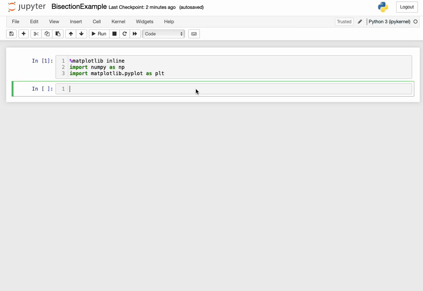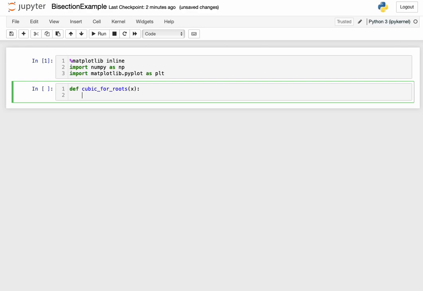Example of how to code up bisection. So we'll start by defining a function whose roots we're going to try and find. We'll define that as cubic_for_roots, and we'll put a docstring in. It implements x